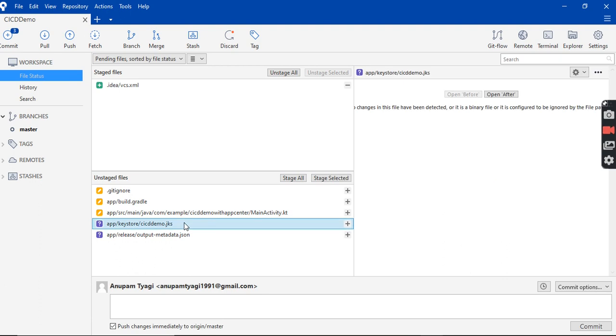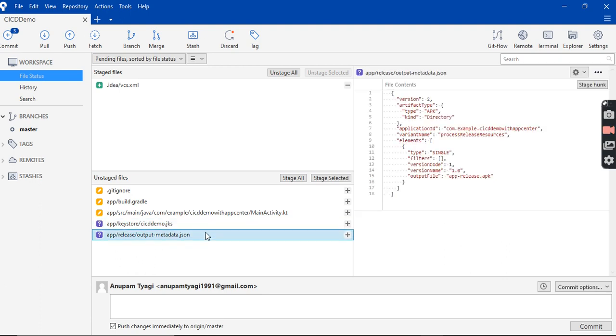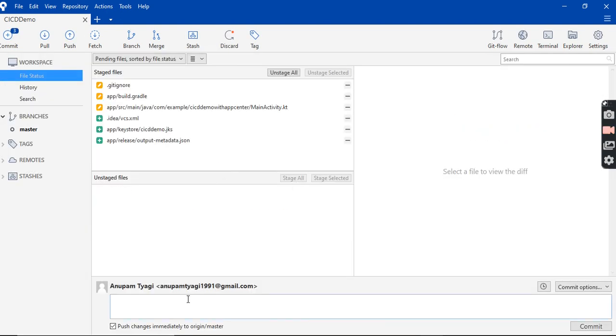So the CI/CD file is mandatory, output.method.json. So I will stage these files and commit and push as well.